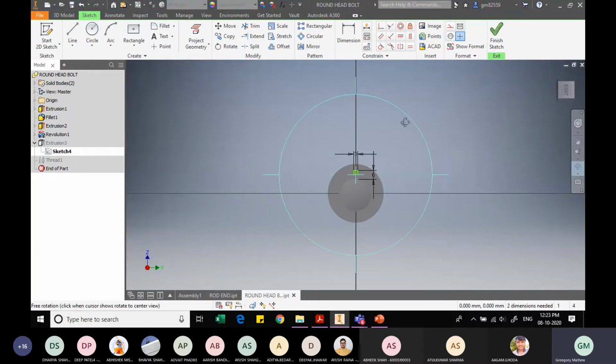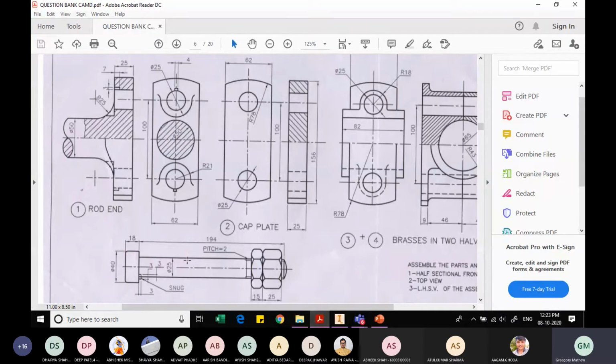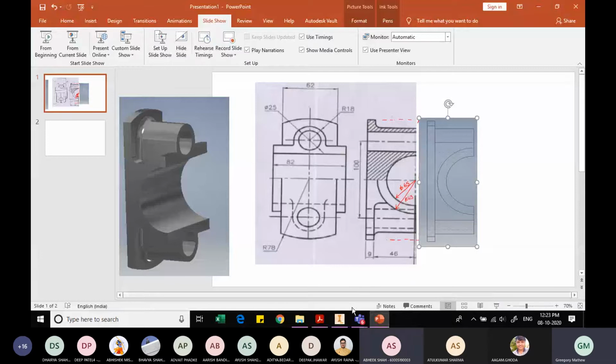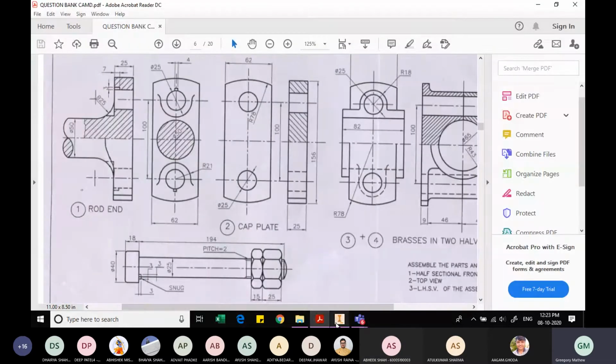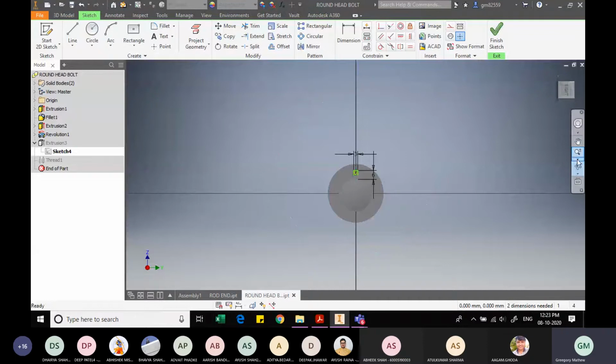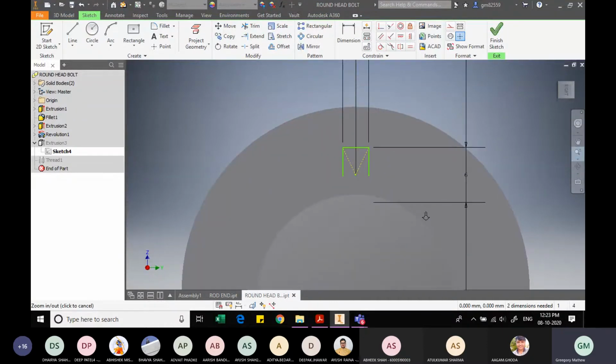What was the size given there? 3/3. We don't need this. So going back to Inventor, let me zoom in on the drawing. Let me revolve this slightly.